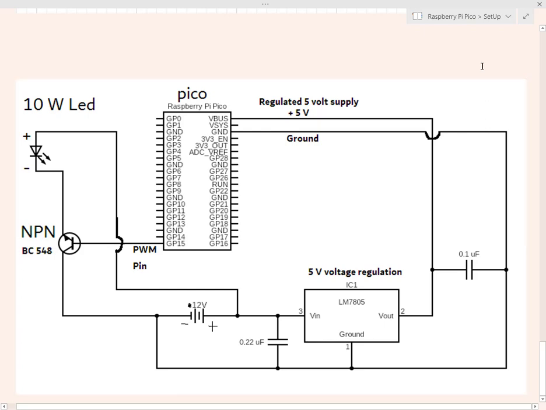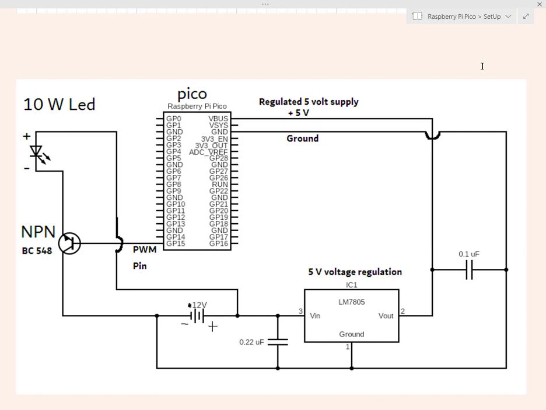Hello everyone. In this video we will talk about the pulse width modulation feature of the Raspberry Pi Pico board. So a pulse width modulation is a special kind of signal which is used to drive some of the very common electrical components like dimming an LED, turning the brightness level of an LED, or using the drone motors. We generally use the PWM signals to drive the brushless DC motors.